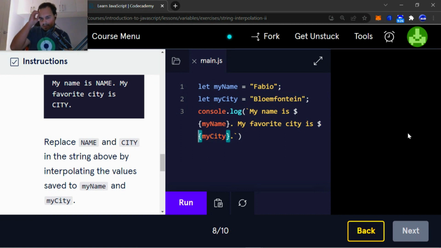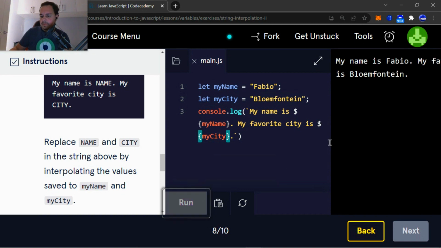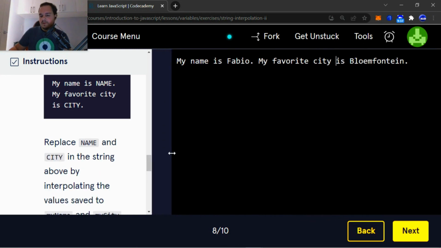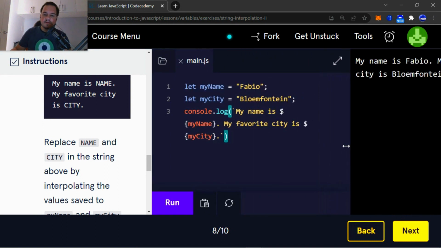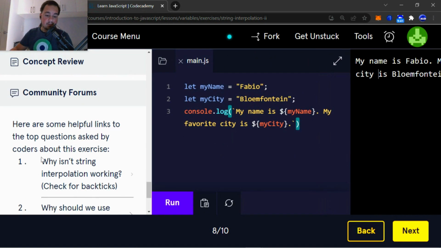And there you go, myCity. Right, so I'm going to run the program, and as you can see, my name is Fabio, my favorite city is Bloemfontein. Okay, so that's exactly how it works. Right, let's move